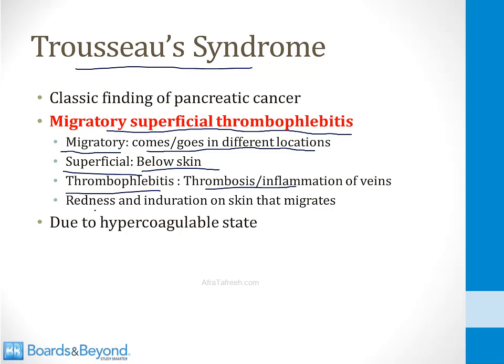Essentially, this presents as redness and induration on the skin that migrates. So the patient will have redness and induration, for example, on their leg, and then it will go away, and a few weeks later it will occur in their arm, and then a few weeks later it will occur in the other leg. That is migratory superficial thrombophlebitis, characteristic of Trousseau's syndrome, and this is all due to the hypercoagulable